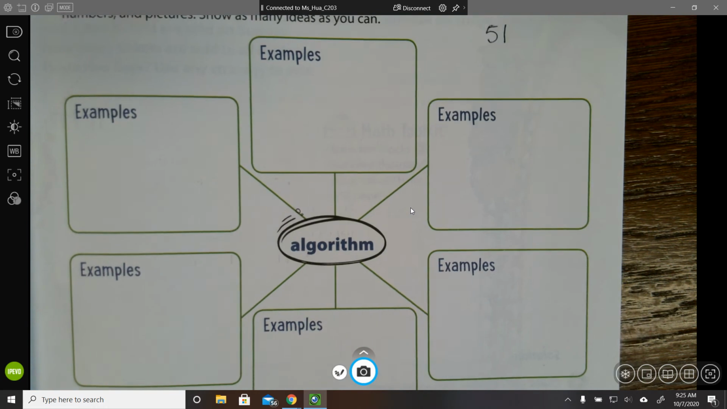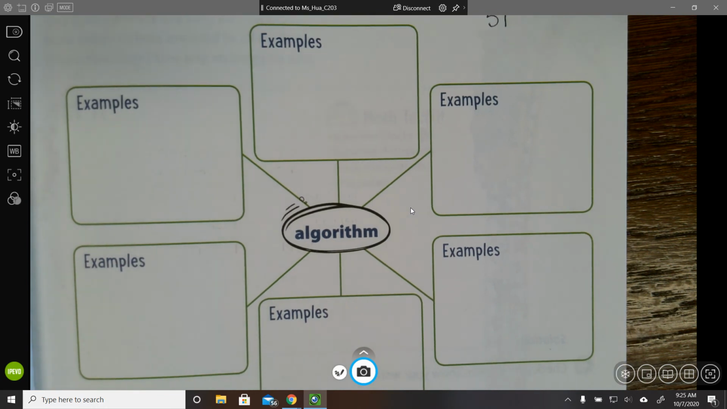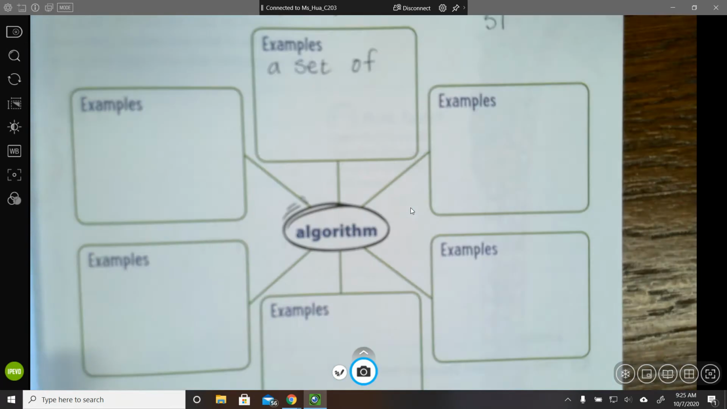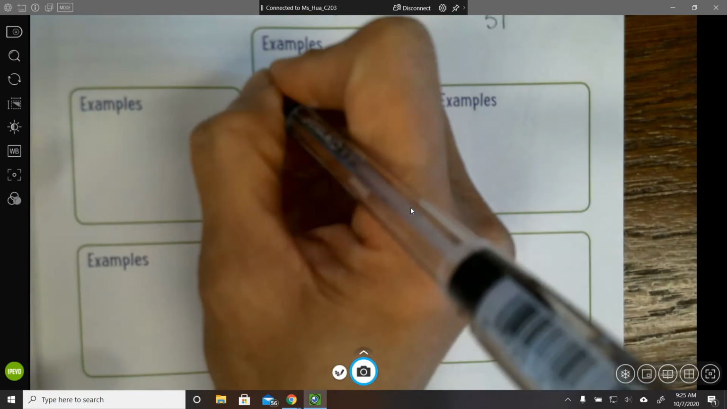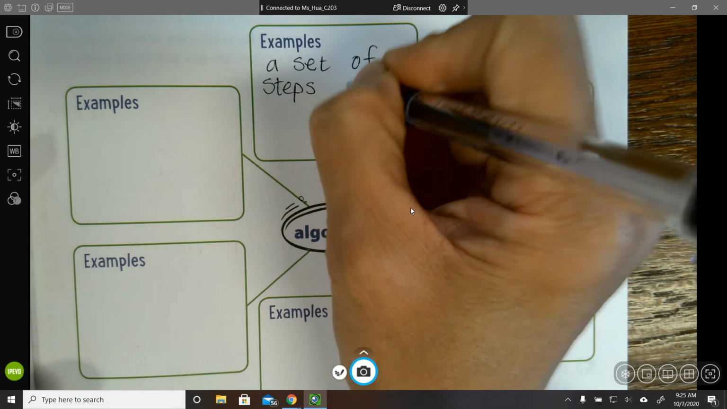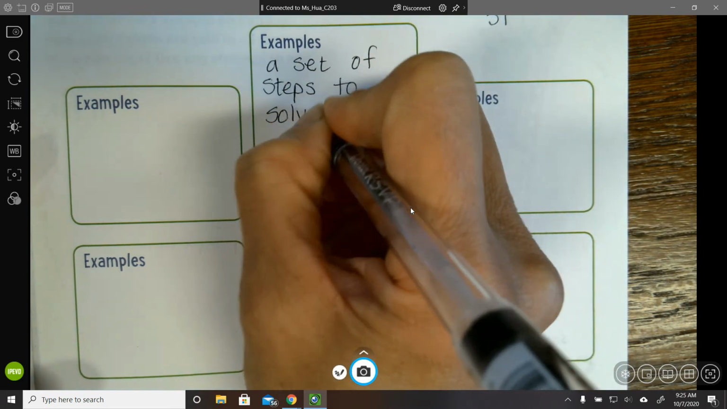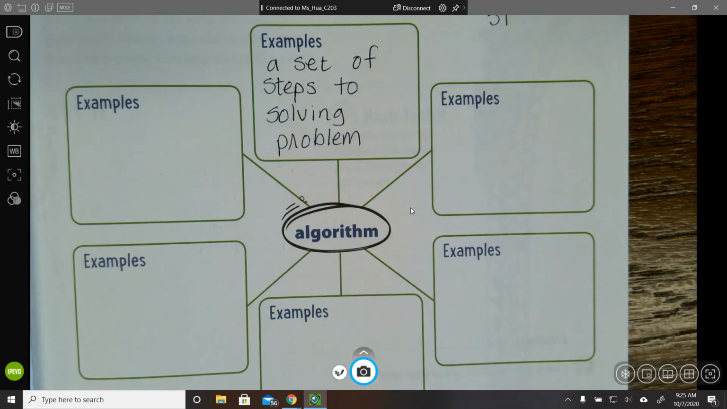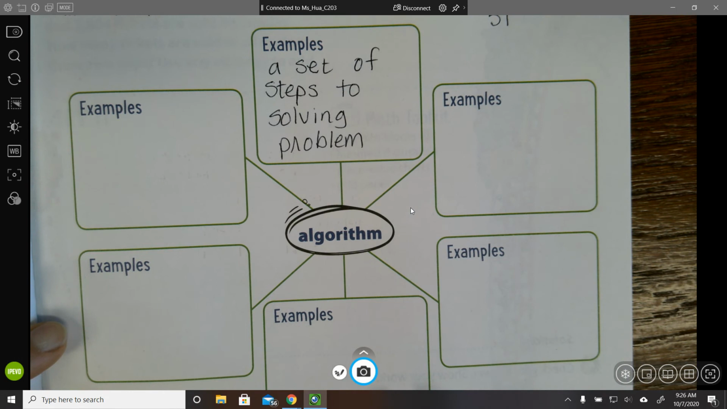All right, what is an algorithm? And give some examples. Algorithm is just a fancy way of saying a set of steps to solving problems. Okay? So, one of the ways that you may remember, when you were doing the traditional way of solving